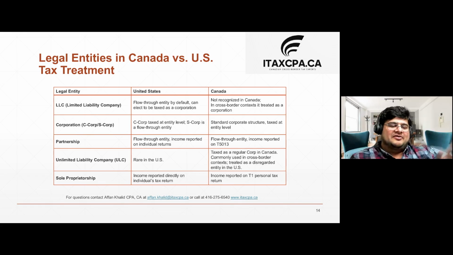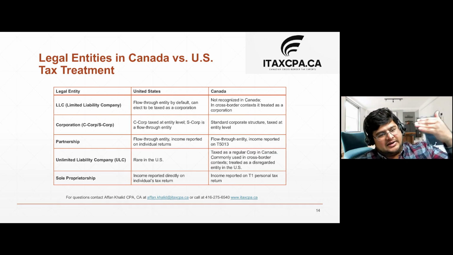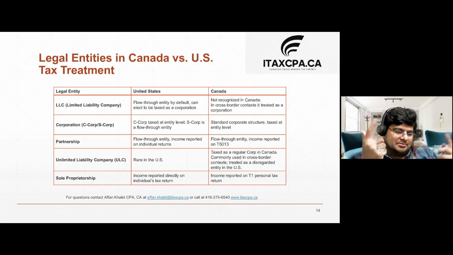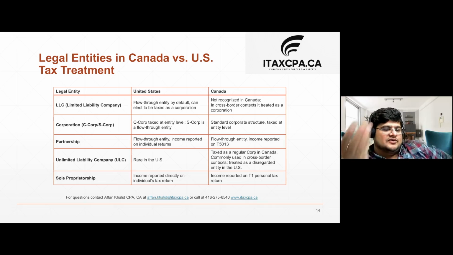But in a cross-border context, the US rules will view a Canadian ULC as a disregarded entity or partnership, depending on single member or multiple members,